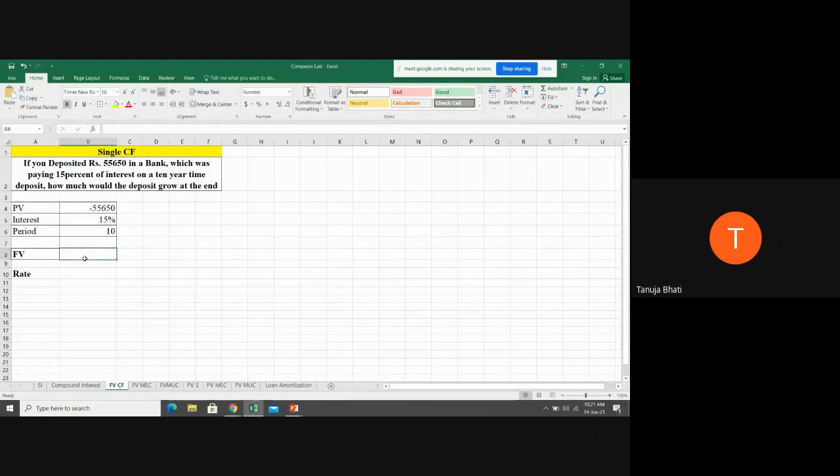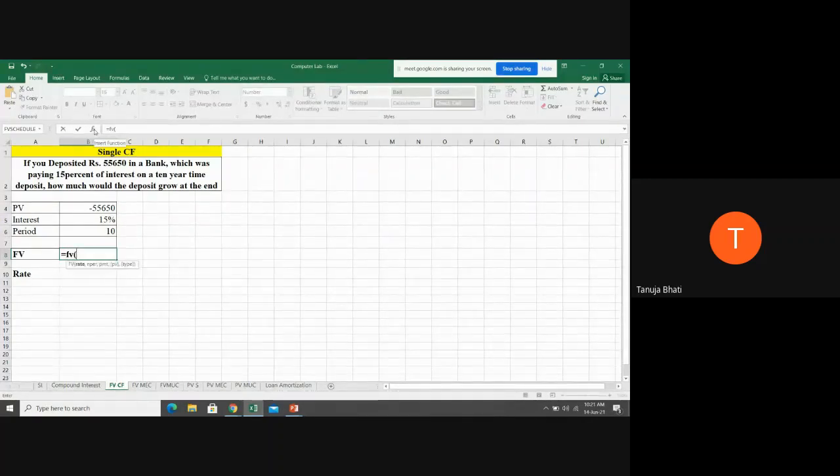Can anyone tell me how I calculate the future value not using the manual formula, not using P in the bracket 1 plus R raised to N? How will I solve this using the Excel functions? Can anyone tell me what I am supposed to start with? How do I get this? First, you always have to start with equals to. Since we have to calculate future value, Excel has the function of future value. So just click FV, click on the open bracket,